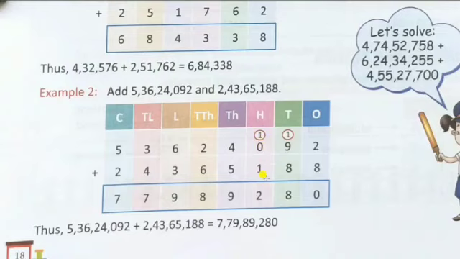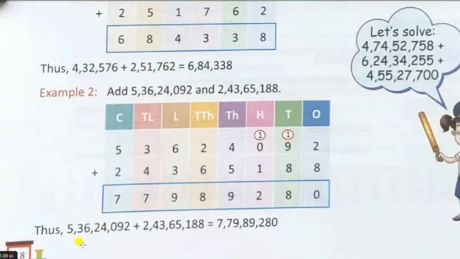0 and 1 added becomes 1, and when the remainder is added to that it becomes 2. So here it is 2. No remainder is there, it is a single digit number, so write the single number as it is. Next, 4 plus 5 becomes 9, no carryover. 2 plus 6 is 8, 6 plus 3 is 9, 3 plus 4 is 7, 5 plus 2 is 7.